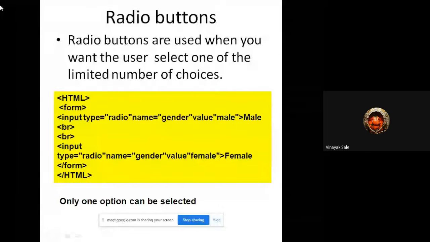See the code: input type radio, name, suppose gender, value male.